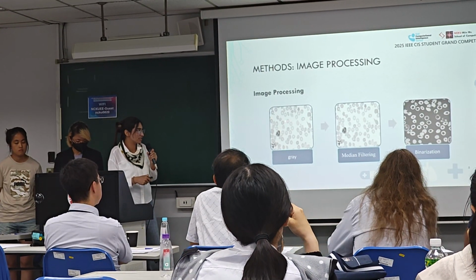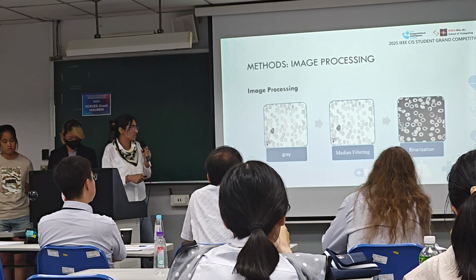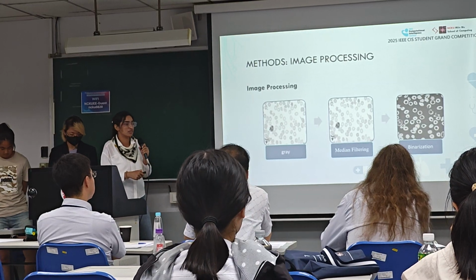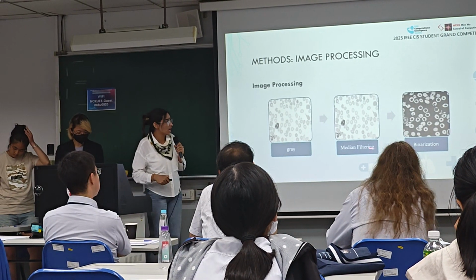shapes. Like you can see here, this is the normal RBC. It is round in shape, and these are abnormal RBC. You can see it is not round. It has spiky edges. So when we apply the median filtering,